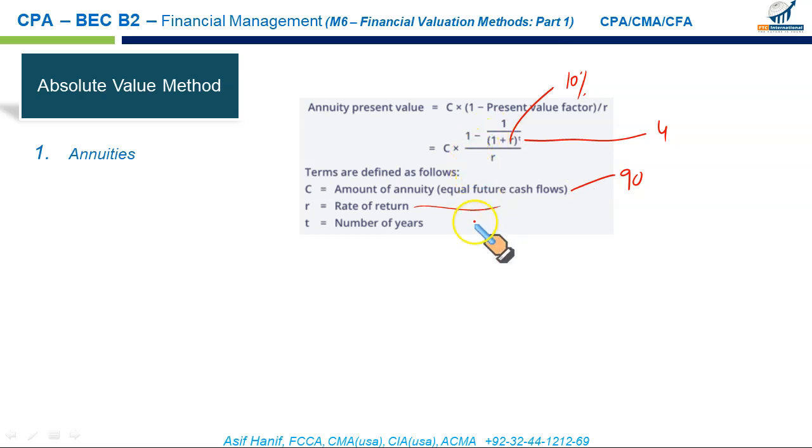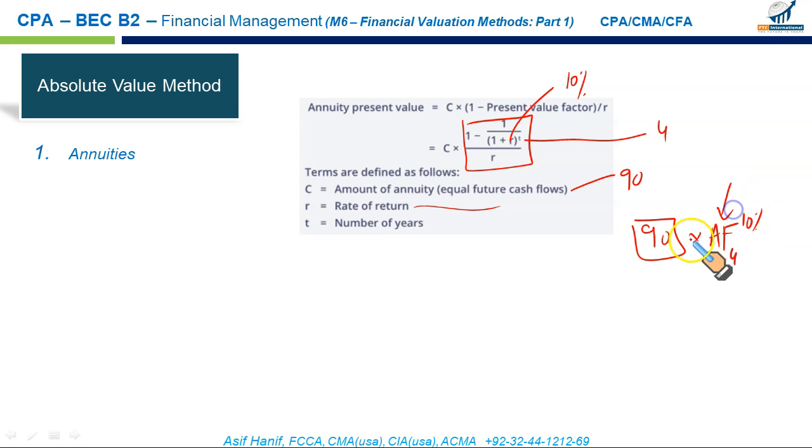So this is pretty complex. What will you get on your exam? How do we solve it on your exam? You will be given the annual cash flows, like you receive 4 payments of 90 each. So this is the amount. You will be given the annuity factor, the annuity factor for 4 years at 10%. You would be provided this number. This is basically the simplification of this formula. So you will just multiply 90 with that annuity factor and you will be able to calculate the present value of the annuity. So you don't have to go for detailed computations and putting the numbers in this complex arrangement.